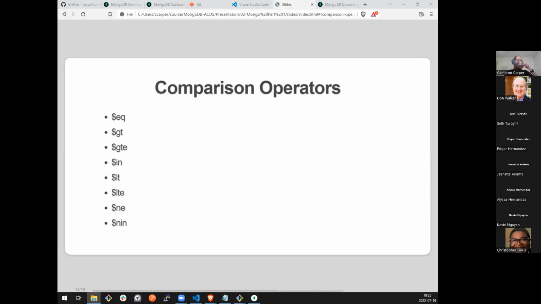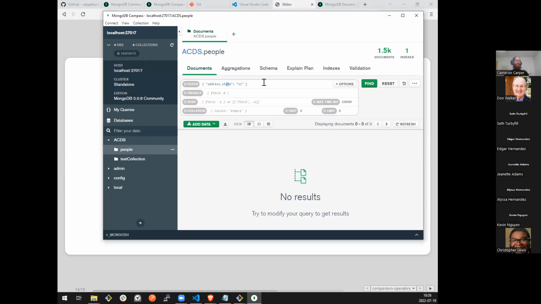Earlier, when we were looking at that vehicle example, you said they only have one vehicle. If they had more than one, would you make vehicles an array of vehicle objects? Exactly. And our query would work exactly the same way. We'd probably name it vehicles, plural, if it was going to be an array because it can contain more than one thing. We would say something like vehicles dot make equal to Honda, and it would work exactly the same way.